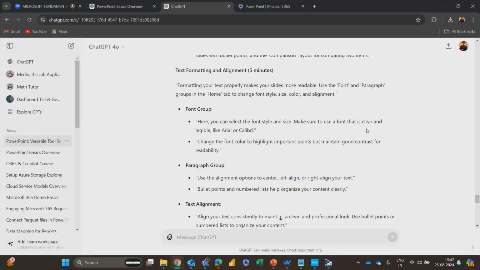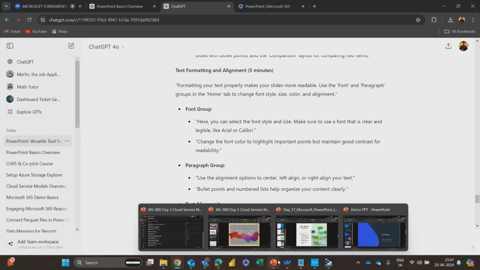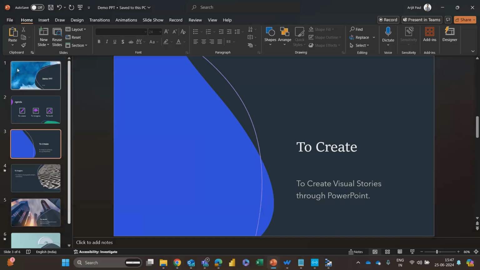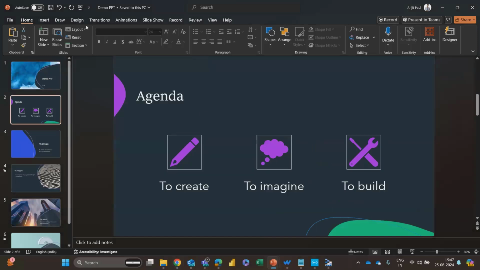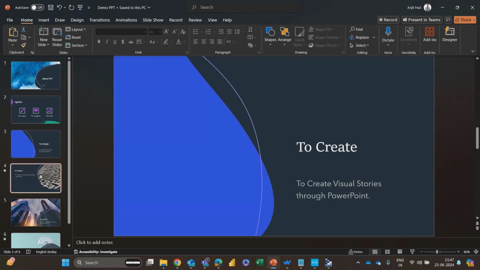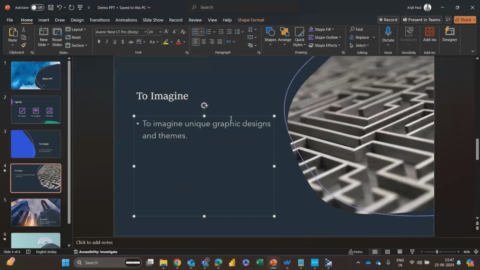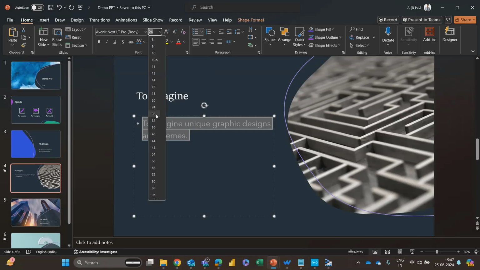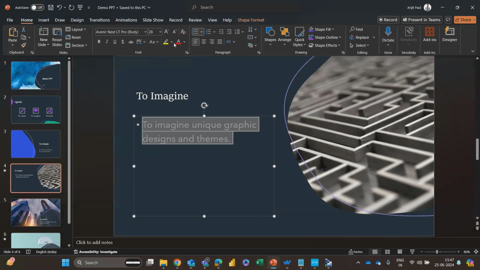We can use this option. We can use the font option, the paragraph groups in the home tab to change the font style, color, and also alignment. So as we can see in the demo PowerPoint over here in the home tab, we have the font options as well. And if I'm using the bullet points, we can see that these options are getting active. We can use all these options to increase, decrease our size, to use fonts, to use colors, to use